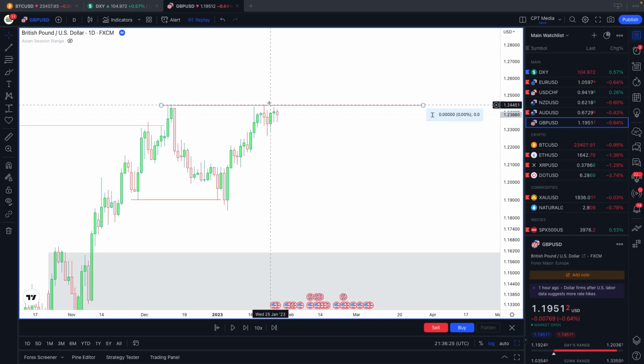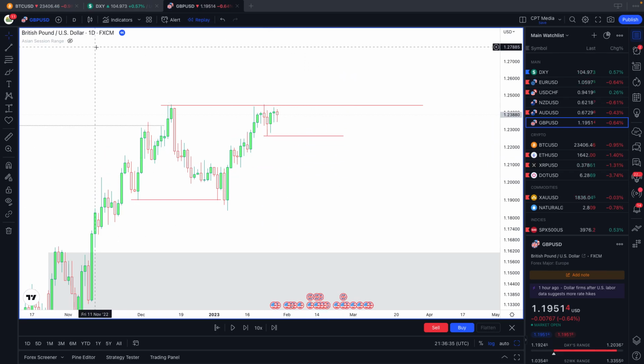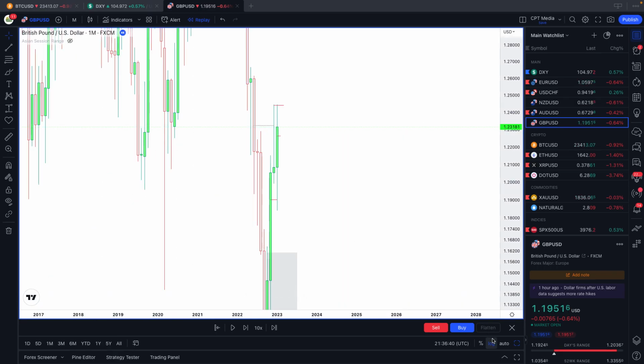Right, what do we see? We see a clear wick up. Now what I'm going to be looking for is shorts if we start trading below this region. Okay, if I scope out quickly, let's go back to the monthly time frame,